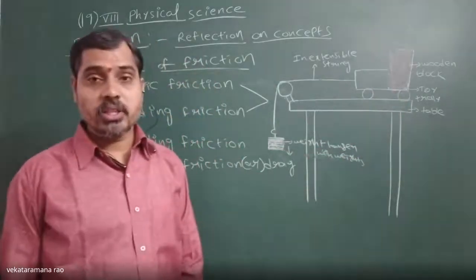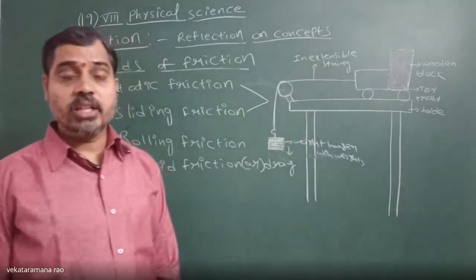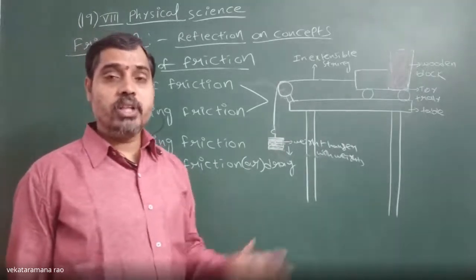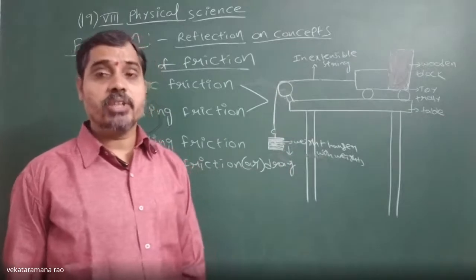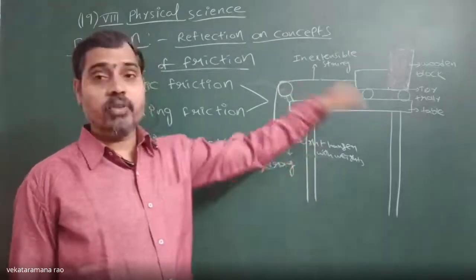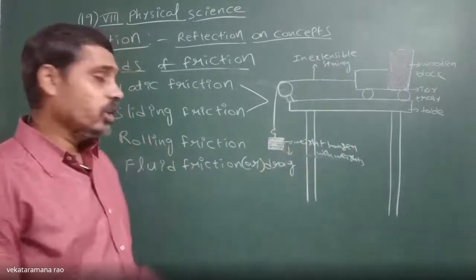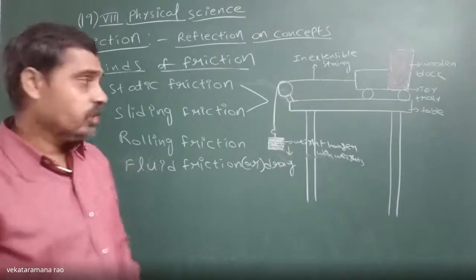As a result, this force will overcome the static friction acting between the toy trolley surface and the wooden block. When this acceleration overcomes that static friction, what will happen now? It will fall back, or it starts moving back. So in this way, we are demonstrating the nature of friction. What is the nature of friction?